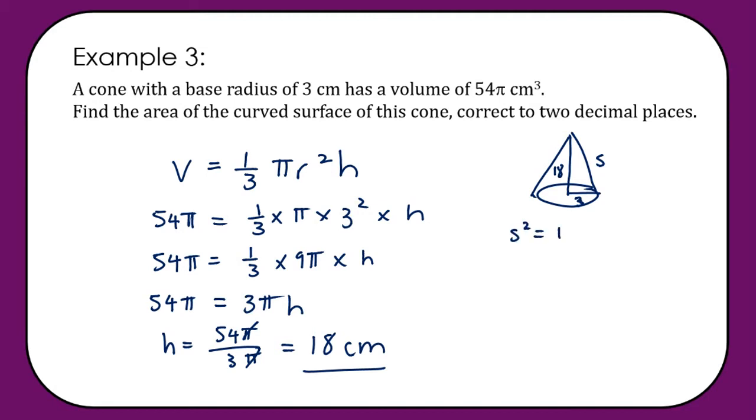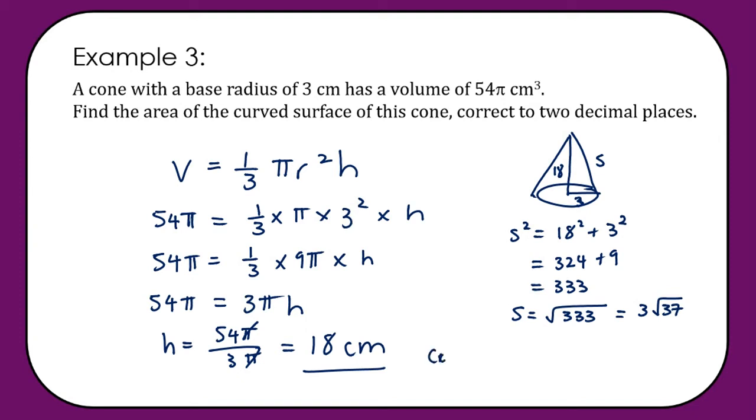So s squared is 18 squared plus 3 squared. 18 squared is 324 plus 9. So that means 333. So s is the square root of 333, which if we simplify our surds, it's a bit of a complicated one, but 333 is 9 times 37, so this is 3 root 37. My curved surface is pi r s, not pi r squared, habit,